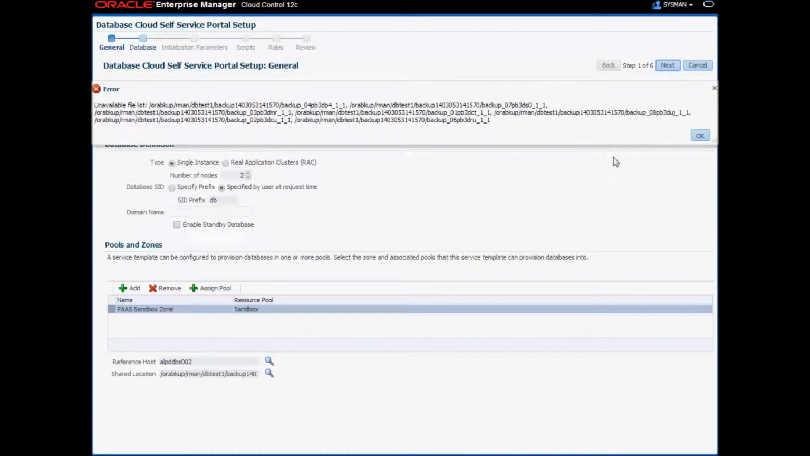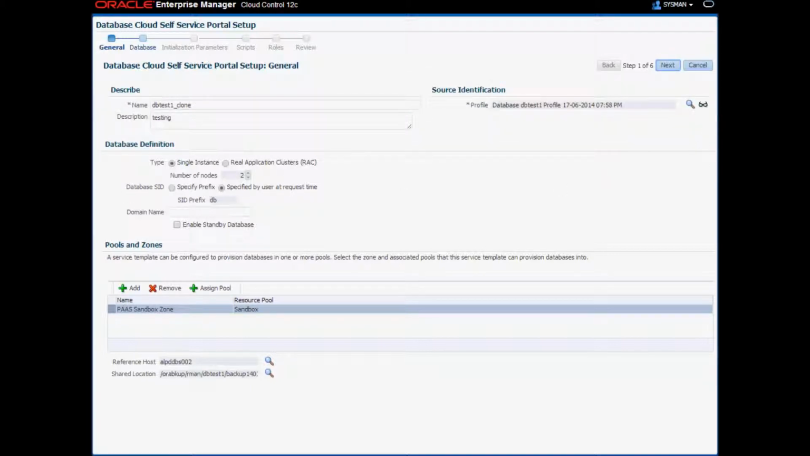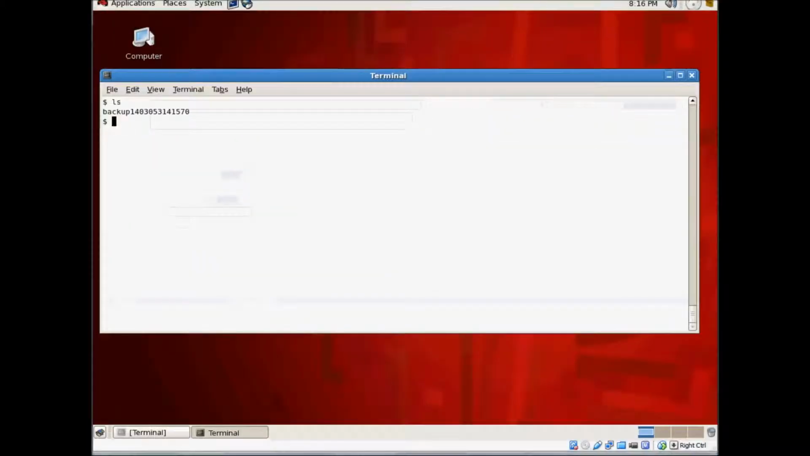Okay, this message is saying that on the target system these backup files don't exist, which makes sense because the source system where we created the backup is on a different server. It's like you're on production or QA and you want to refresh or create a database in a dev environment. So basically, unless you have a shared folder, what you'll need to do is copy